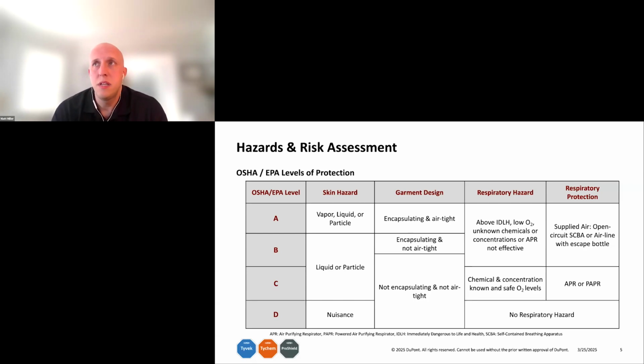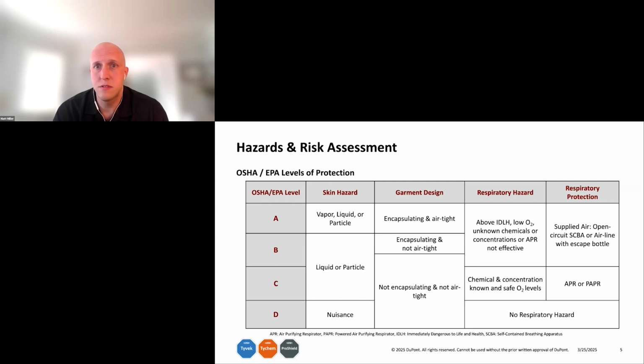So OSHA and EPA identify 4 levels of protection. Level A and level B is probably the most common nomenclature that we hear within the industry, within the market. When it comes down to level C's and level D's, we don't usually advertise them as such, but they are just as important. And as we're looking at these levels, as you can see from this chart, we're really focused